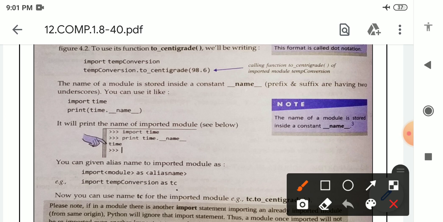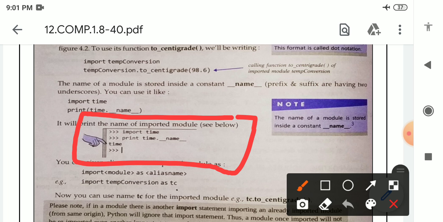See here. First we have written the import statement, means import. After that, time. Time is the name of the module. In the next line we have written a print statement. Print. Inside parentheses we have written what?